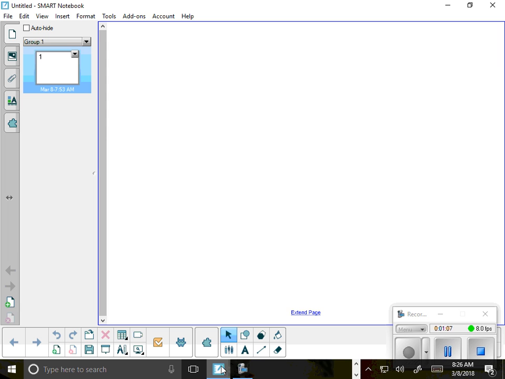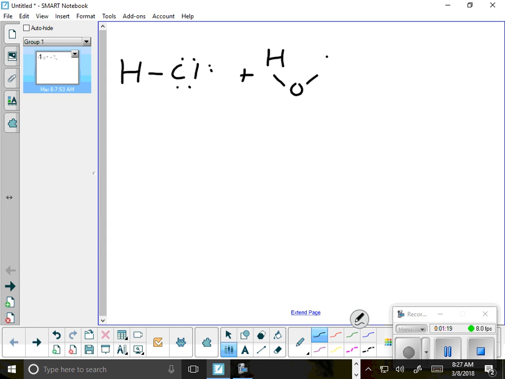when we think acid, the most common acid is hydrochloric acid. I'm going to do a Lewis dot reaction here to show you how this works. Two definitions of an acid. One is it creates hydronium in solution. So if I were to draw the hydronium ion, what's created from this reaction between HCl and water,